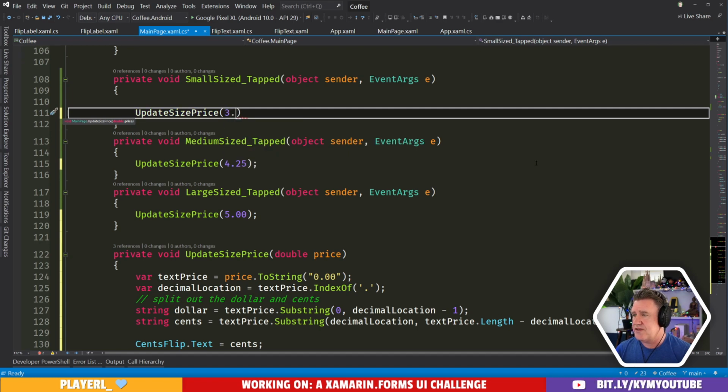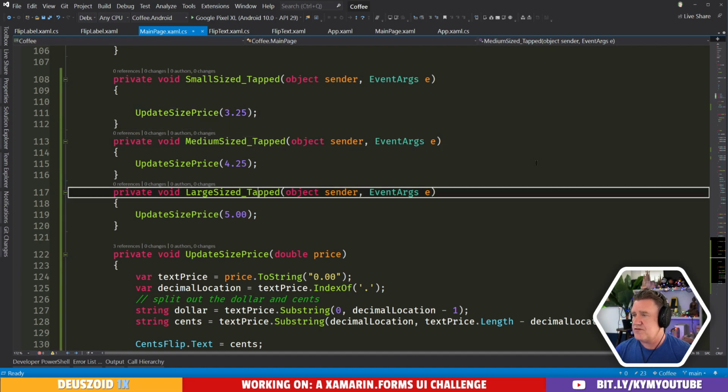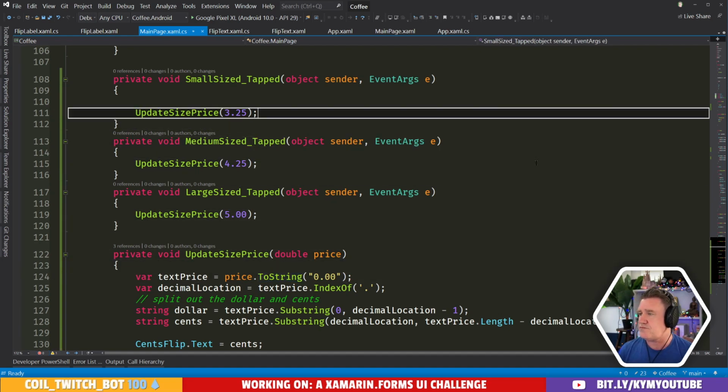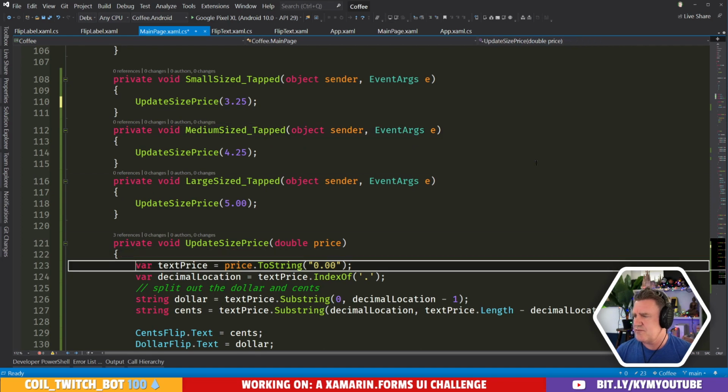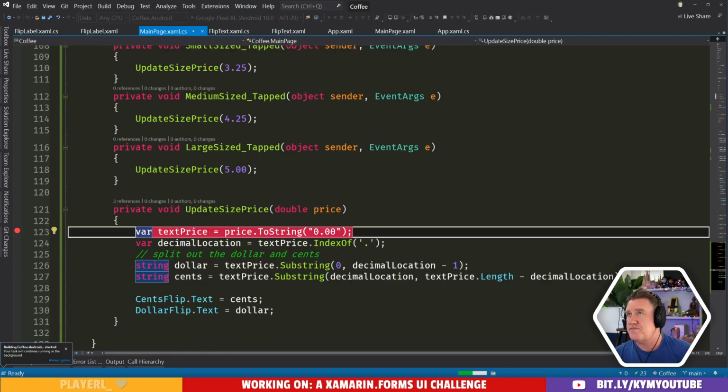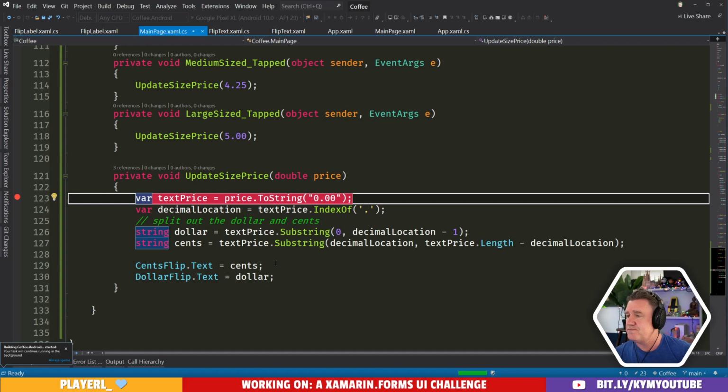Put in some values here that will do what we want. Okay, let's put a breakpoint here because there's no way this is going to be right. Off by one errors all over the place.